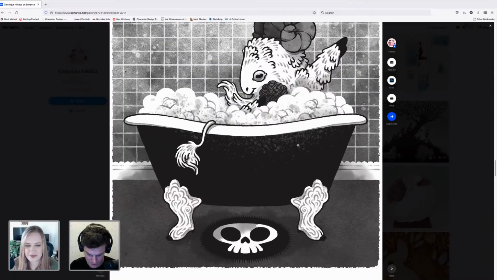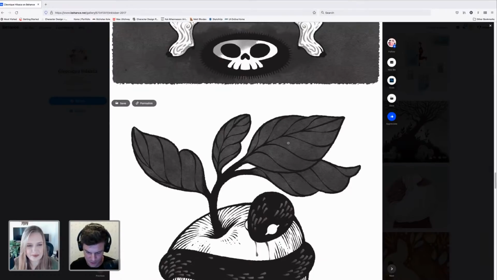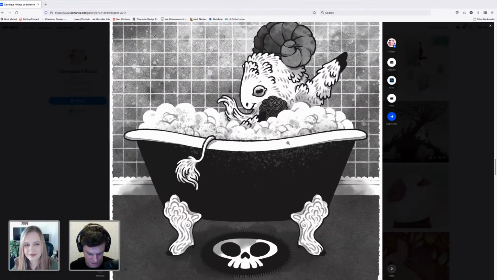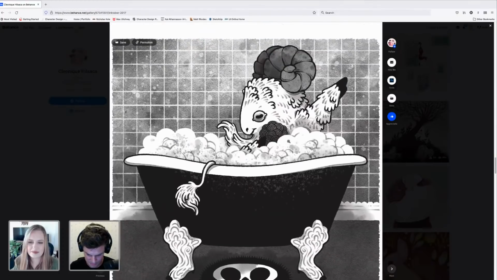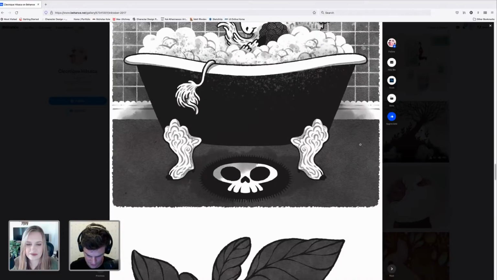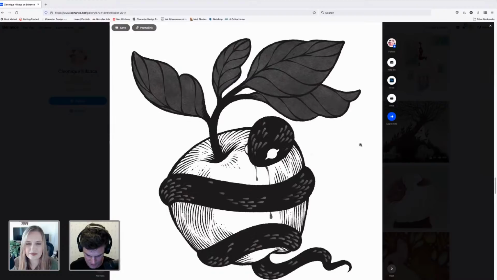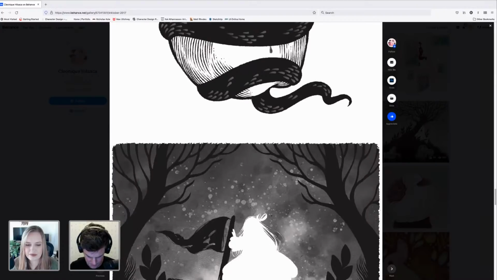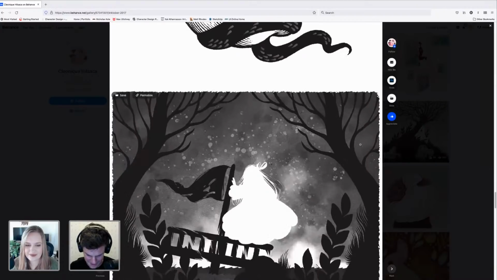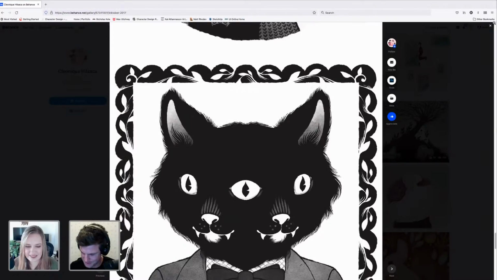But also a great example of how many different ways you can make marks, and using that to separate different forms and shapes and backgrounds. It's really important as an illustrator to learn just how many different ways you can represent something. Yeah, these are so cool. Yeah, these are great. Cool.